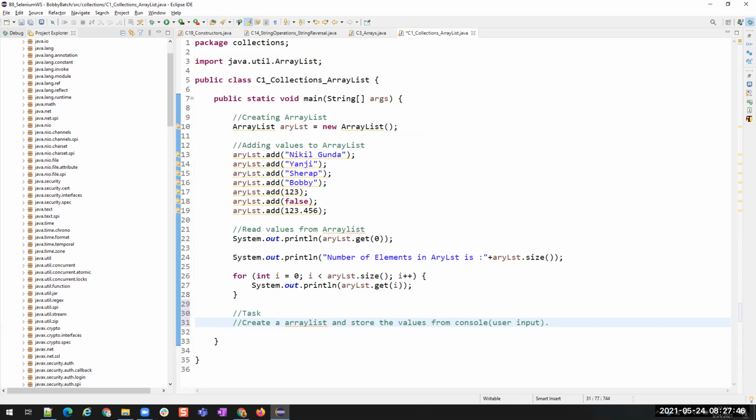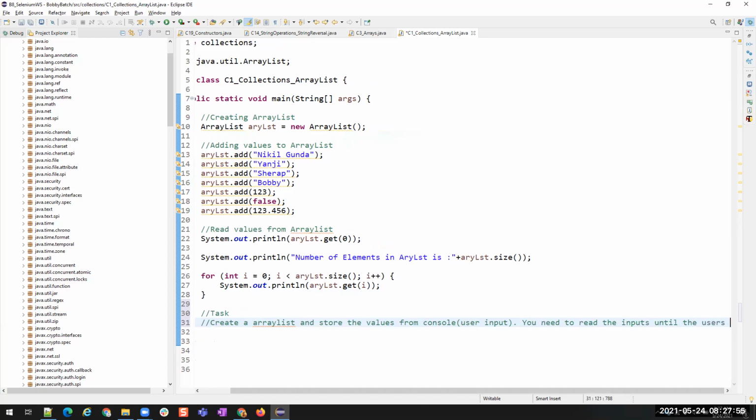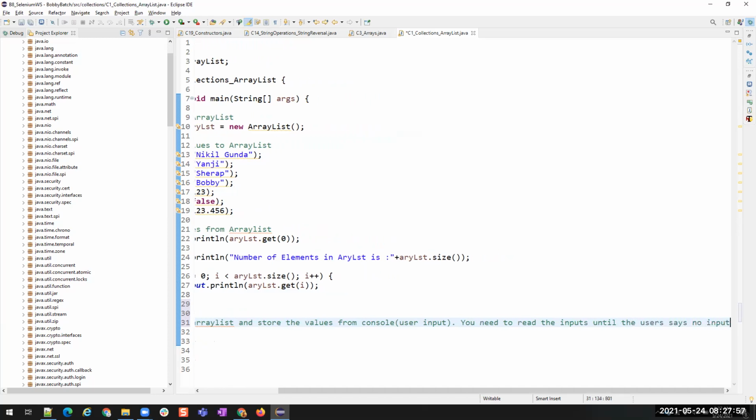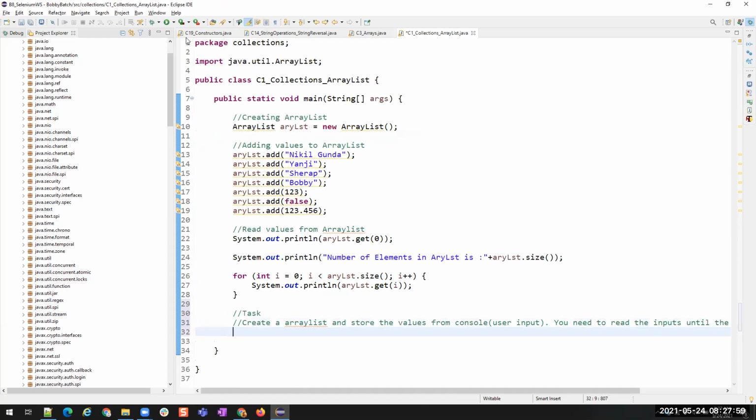Here the condition is you need to read the inputs until the user says no more inputs. You know how to implement this, right?